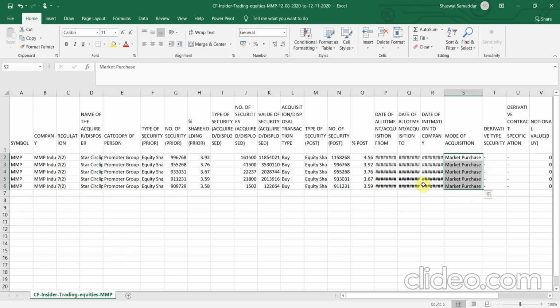Okay, so as you can see, we don't have to delete any rows according to our filters. So let's now calculate the average price at which the promoters made an entry into this particular stock. Okay, so for that